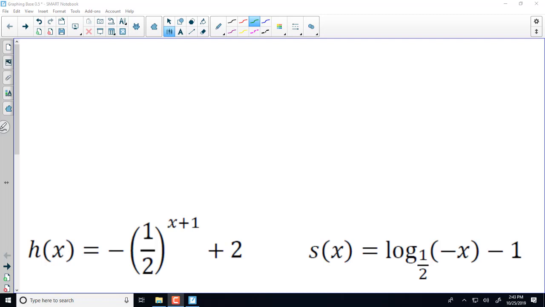If I want to graph h of x and s of x here, a transformed exponential with a base of 1/2 and a transformed logarithm with a base of 1/2, I should start by finding some ordered pairs on the original exponential and the original logarithmic graph. So,